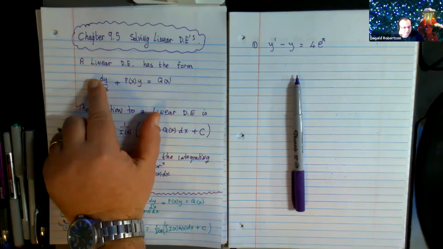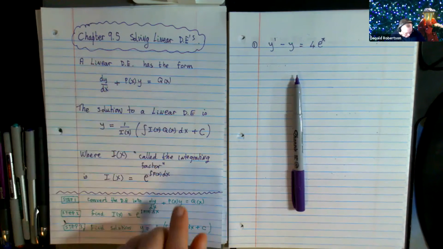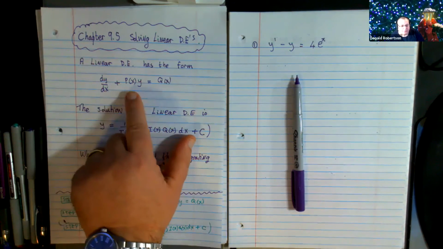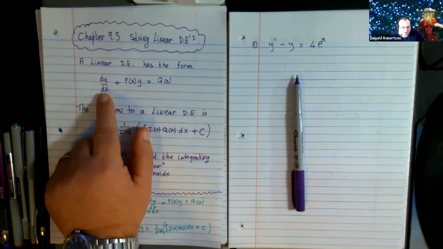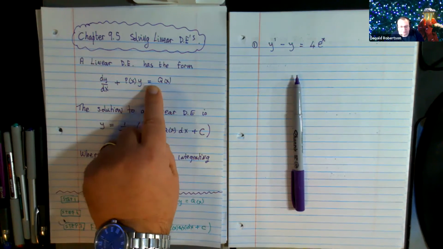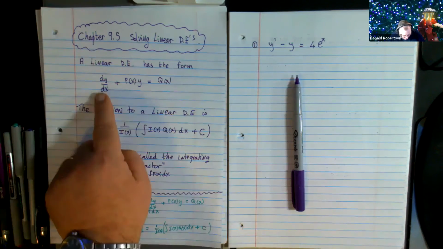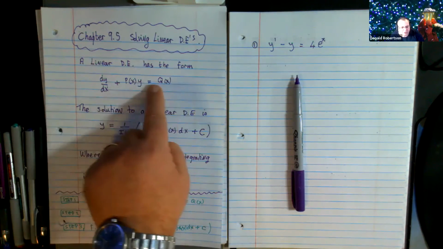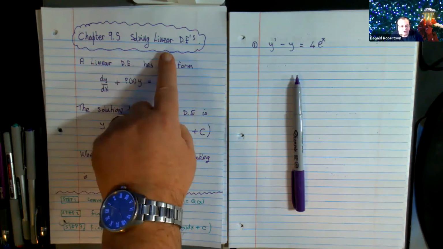What does a linear differential equation look like? Well, they have a very specific shape to them. It will be the derivative, sometimes called y dashed, dy by dx in this case, plus a function of x times y equals a different function of x. So if you ever get a differential equation that has this shape, it's going to be called a linear differential